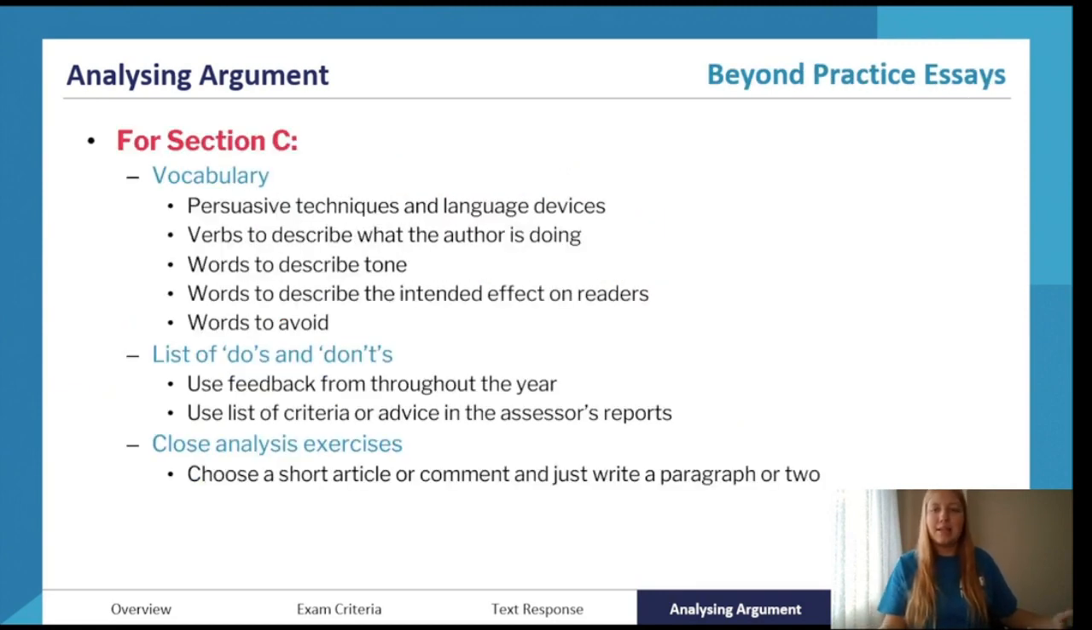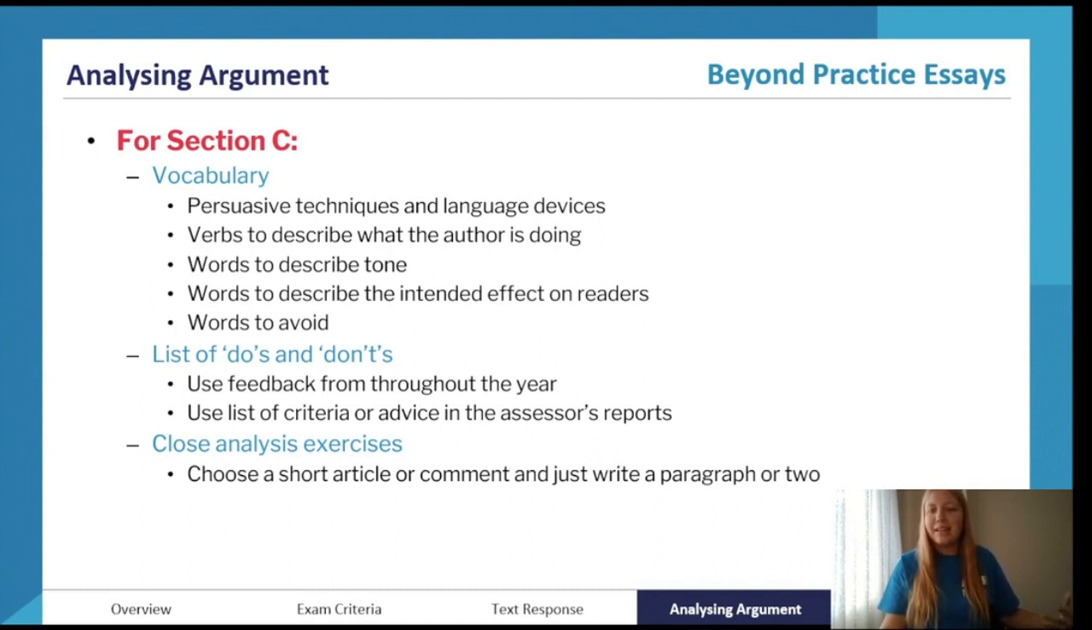So beyond practice essays for section C, here are some things and techniques that you guys can do. So vocabulary. Expand your vocabulary. Make vocabulary banks of words to describe tone. For some students, this is not a particular issue. You have a range of ideas when it comes to tone. If that's not you and you use really simple words like